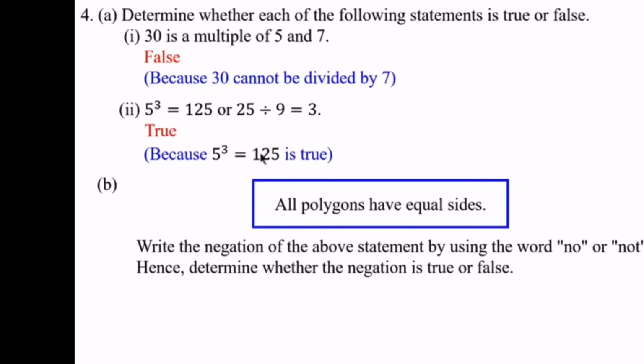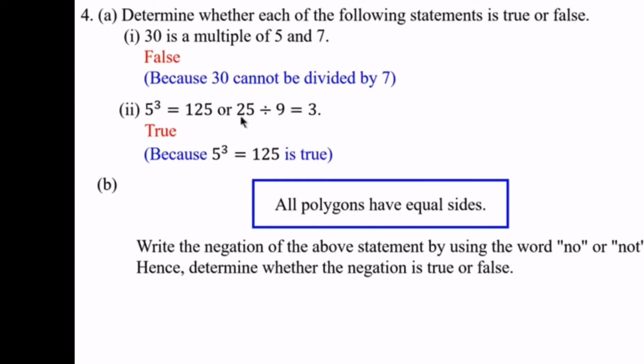Both true will be true. So for all statements, we just check either one of them true, it will be true. Alright, so please remember, for all statements, either one true, it will be true. Okay, so even though 25 divided by 9 is a false statement, but this is an all statement, so